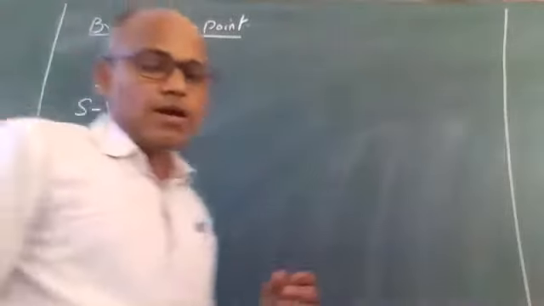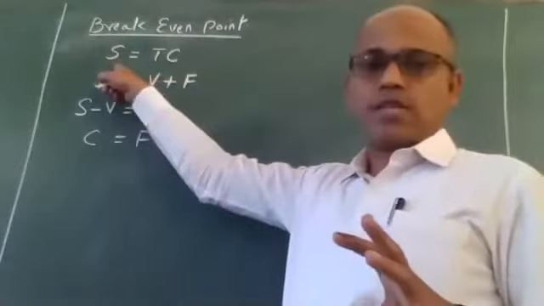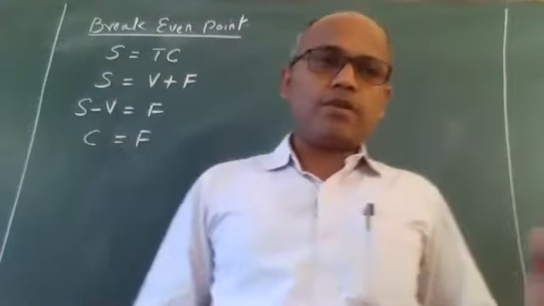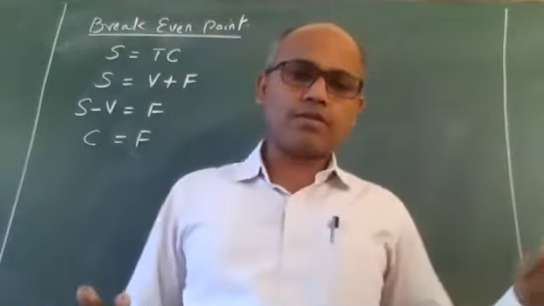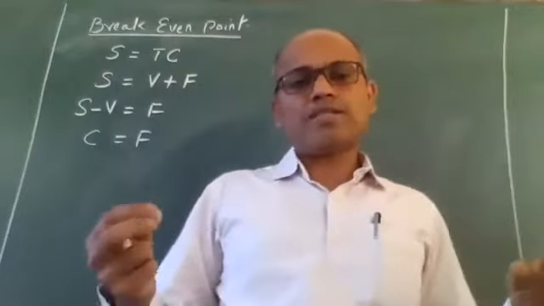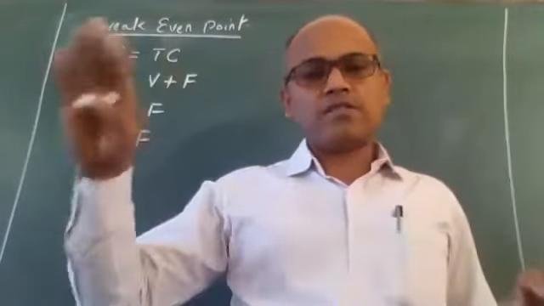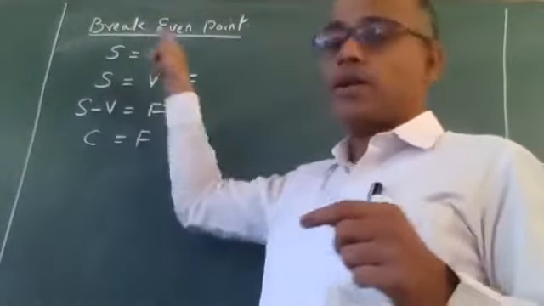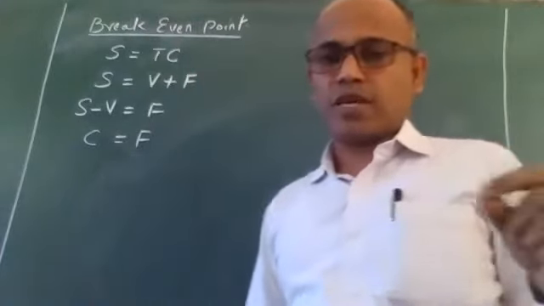That means at break-even point, my total sales will be equal to my total cost. For example, I have taken 10 lakh rupees to manufacture all the products. My total cost was 10 lakhs and I sold all the products at exactly 10 lakhs. So my cost is 10 lakhs, my sales is also 10 lakhs. Because both are equal, there is a point of no profit, no loss. Such a point is what is referred to as break-even point.